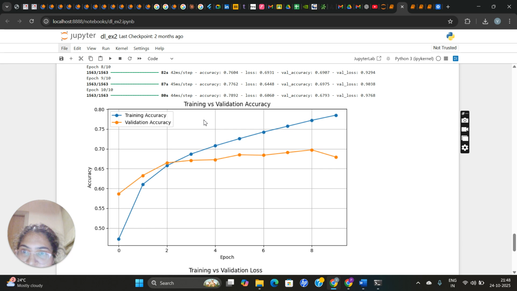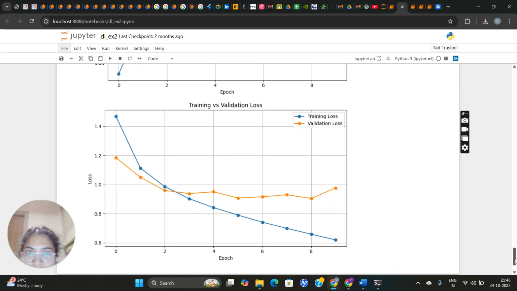This is the graph which we got for training versus validation accuracy. First, when we trained the epochs, the accuracy went very high. That means the result which we will get, the prediction, will be highly good. And the validation accuracy is pretty much normal. It went up and then it was pretty much constant here. So there was not much loss in the training versus validation.